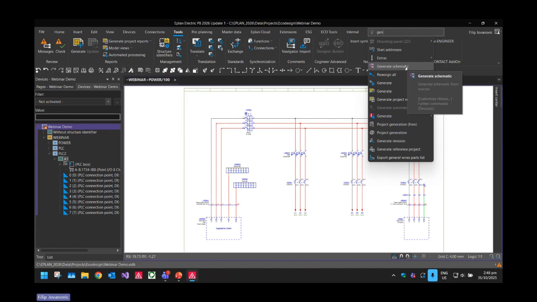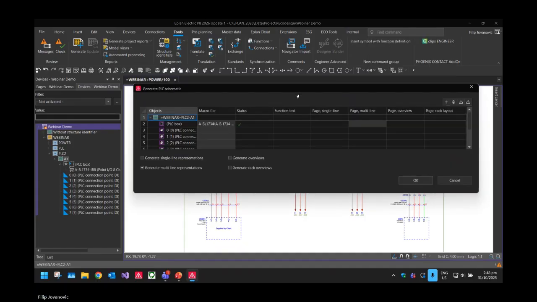Now be careful, because this button is not available in the EPLAN ribbon by default. It's sort of hidden unless you manually put it there yourself. So it is a hidden feature. But if I click on this,